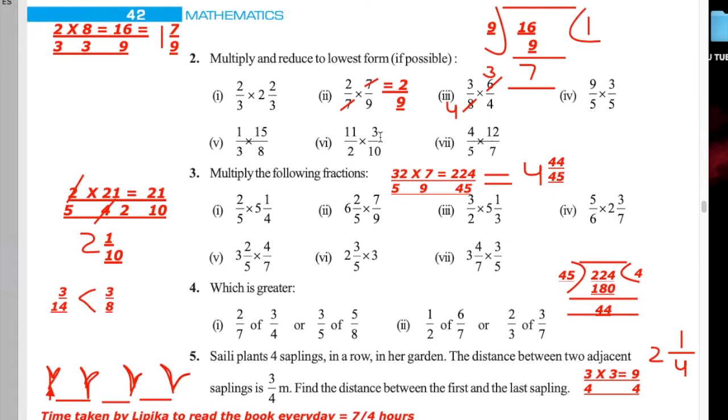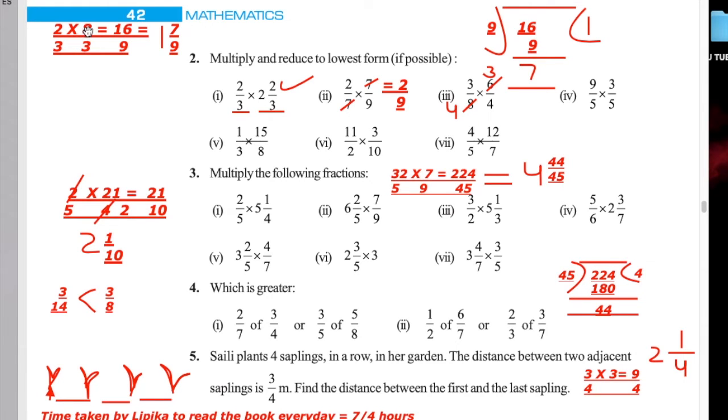Here in the second part we are dealing with the same multiplication or product of fractions, but here one fraction is a proper fraction and the second fraction is a mixed fraction. To solve such questions, what we do, first we convert the mixed fraction into an improper fraction, and you all know very well how to convert a mixed fraction into an improper fraction. 3 2s are 6 and then we add the numerator. 3 2s are 6 plus 2, 8. So 8 by 3. So if we solve we will get 2 by 3 multiply 8 by 3.